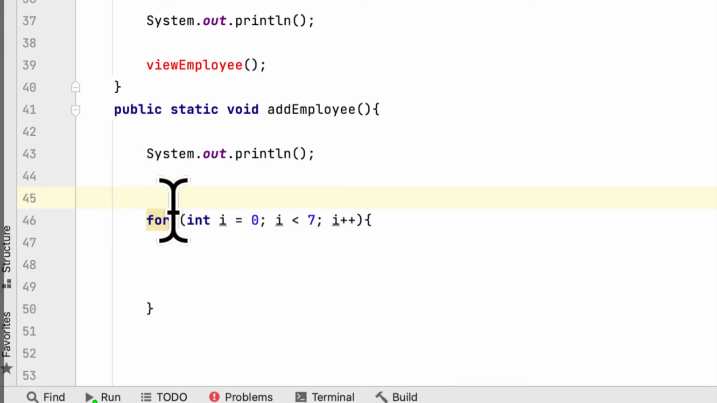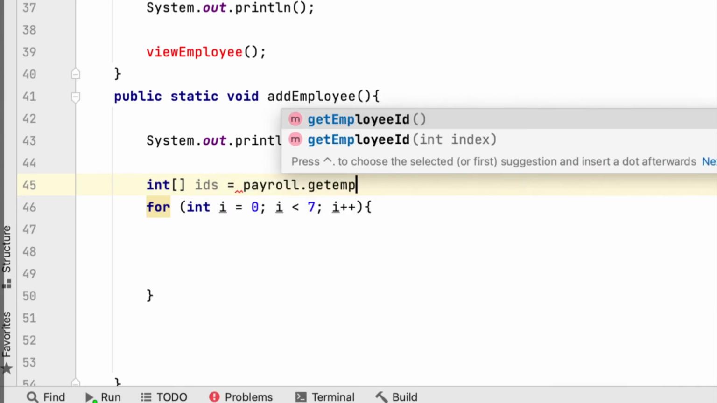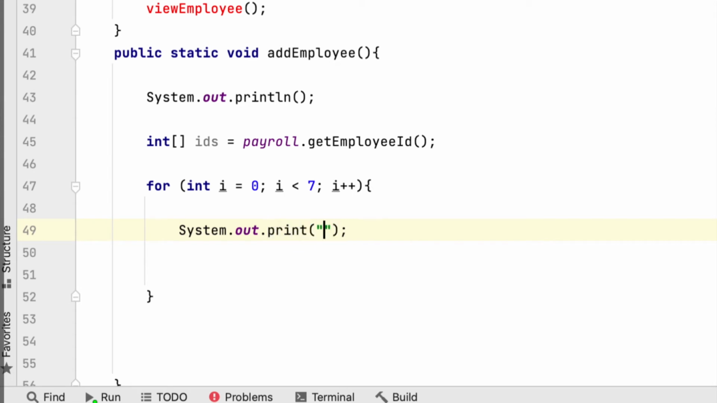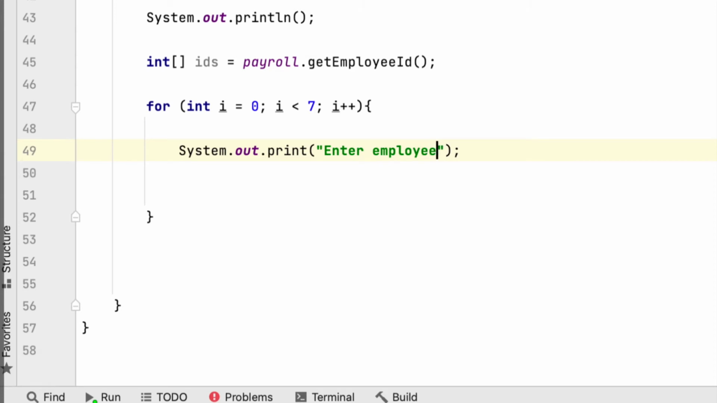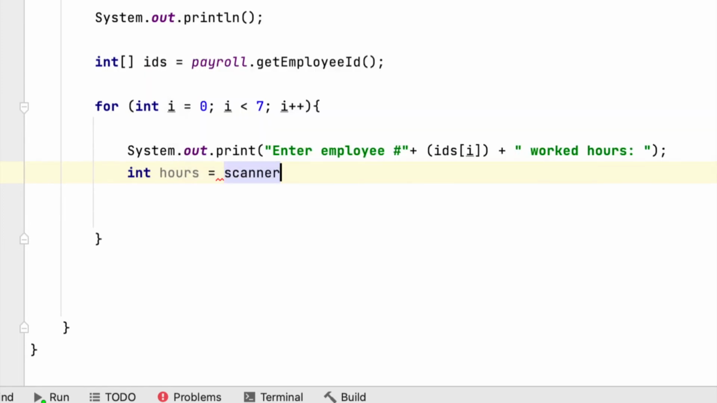employees. Before we go to the for loop, we want to get the array of IDs from the payroll class, get employee IDs. And first thing we would say is enter employee number, IDs of i, worked hours. The first employee is how many hours they worked for that week, and we will store whatever they enter for that employee in the hours